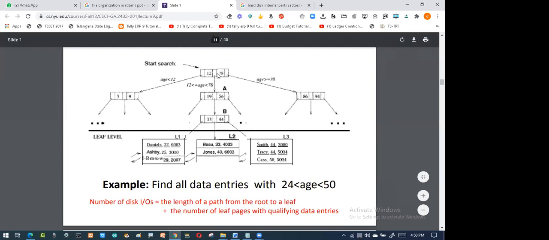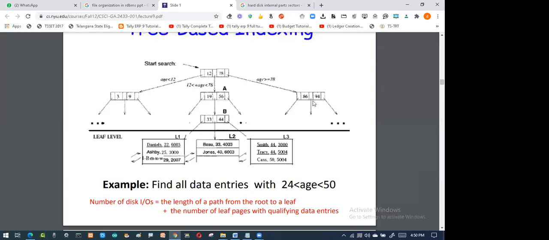In this you will have a range, and again it will be split into two parts. Say from 1 to 100: from 1 to 50 you can find on the left side, and from 50 to 100 you can find on the right side. So I'll have 1 and 50 here. That means below 50 you can find on the left side, above 50 you can find on the right side. So if you give the number 70, then you will not go for the left side search, you'll go for the right side search, and in that the number you are searching is 78.